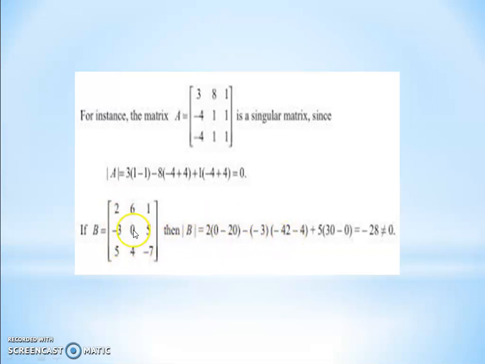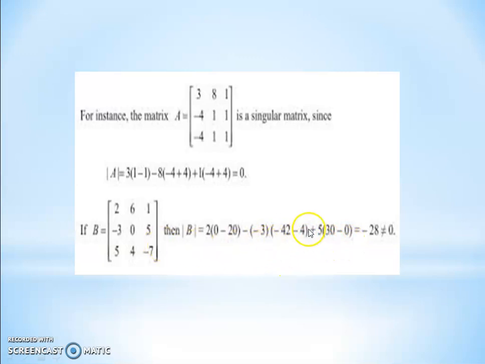So what is remaining? We skip minus 3, this one. And what is minus 7 into 6? Minus 42. 4 into 1, minus 4. Now, last but not least, which row? First column and last row we skip. But 5 is outside, so we write 5. First row, last column: 6 into 5, 30. 0 into 1, minus 0.